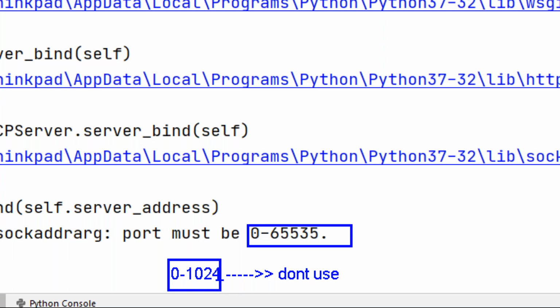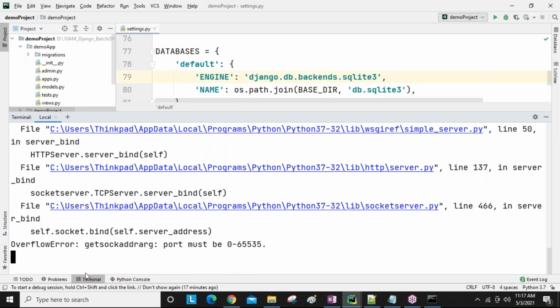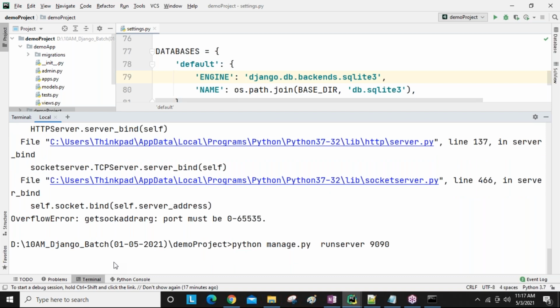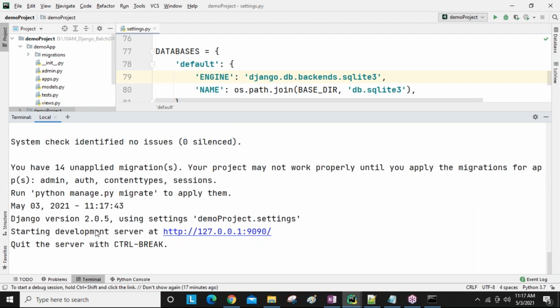Okay guys, everyone, remember that one. Right now I'm showing only basic URLs, guys. Press Control C and execute again, now with 9090. This is going to work. Yes, guys, now run the server. We can execute. Remember this much so far.